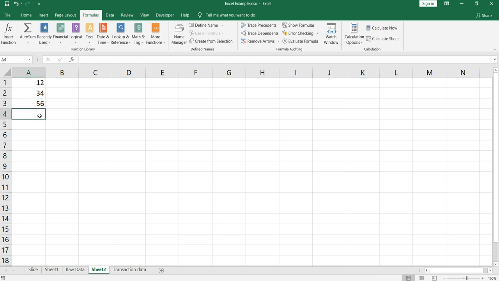To do that, I need to write my own formula with the help of the inbuilt functions present in Excel. So I can input equal to, then SUM. I know that the SUM function will give me the addition of the numbers. When you select a function, you will get this help which shows the arguments required.